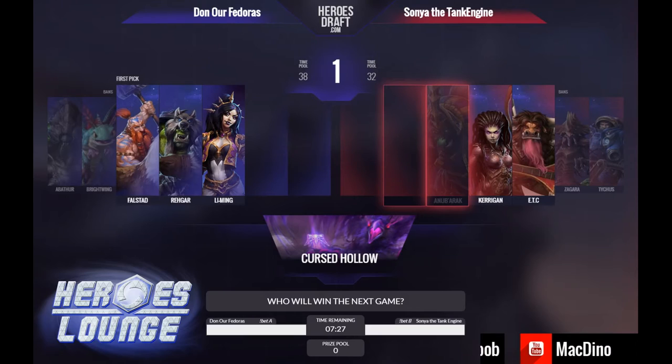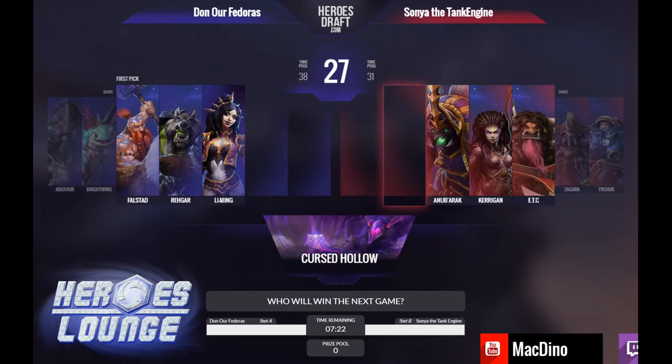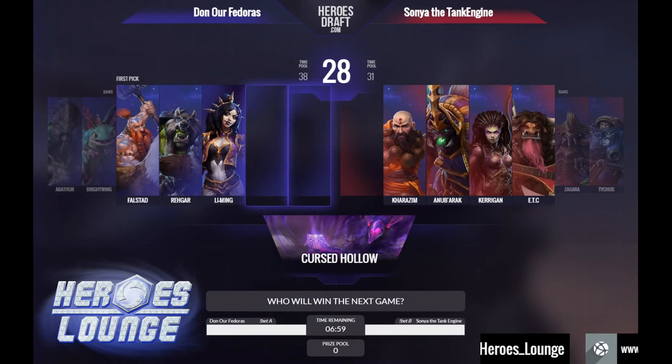Tychus? Well, maybe he was more annoying than we noticed, because we didn't play against him. We just watched. And now we have the Anubarak picked up for Sonya the Tank Engine. I have to say, this draft really looks totally different than the first draft. Yeah, it really does, and the Tychus ban makes more sense when they go into this triple frontline, double tank. Now it's 4 melee heroes really,